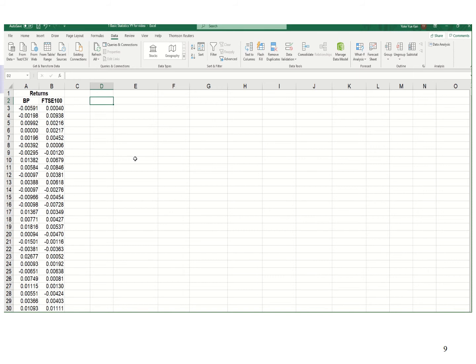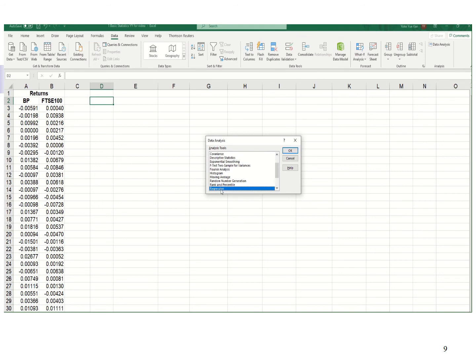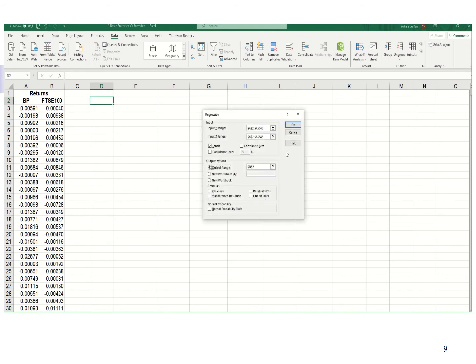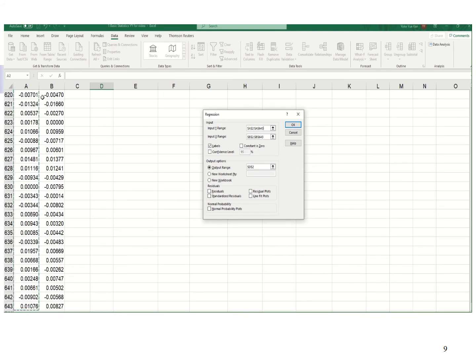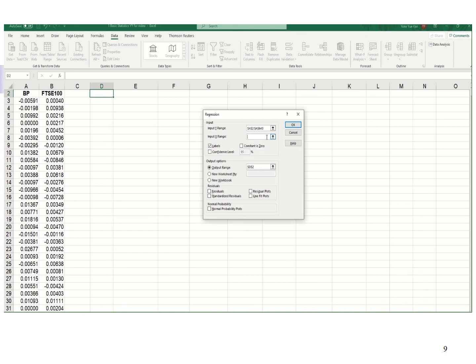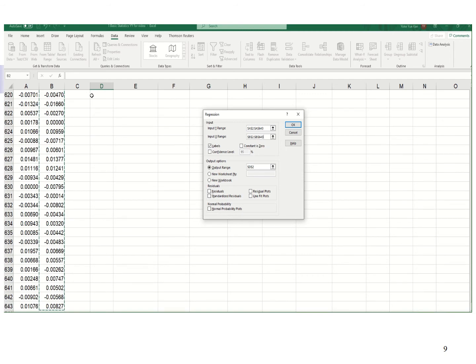First, I shall generate the regression output. I'm going to click Data, Data Analysis. I will select Regression, click OK. Then the input Y will be the stock BP. I'm going to point BP, press Ctrl Shift down, highlight the data range of BP. For input X range, I'm going to point FTSE 100, press Ctrl Shift down, and highlight the data range of